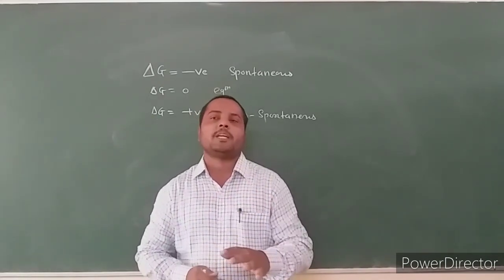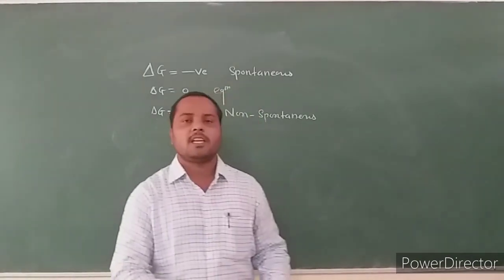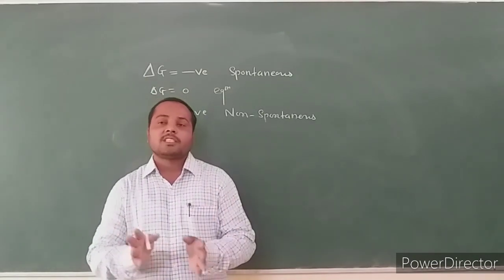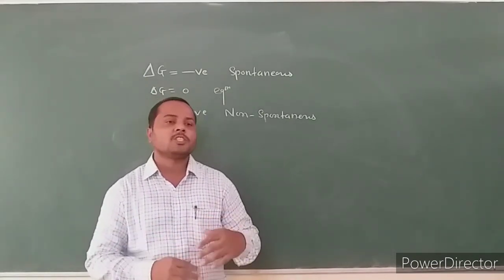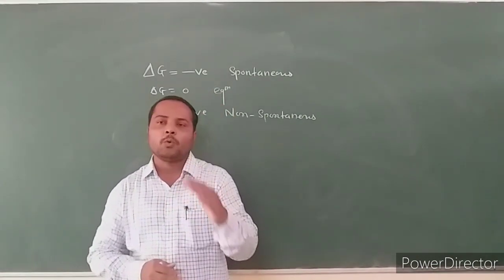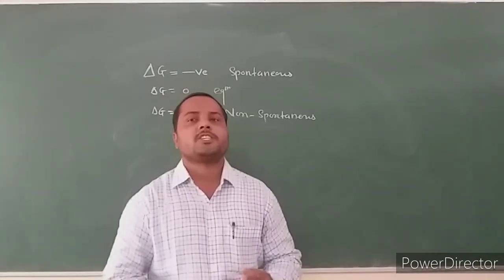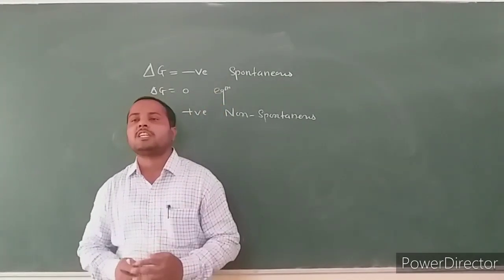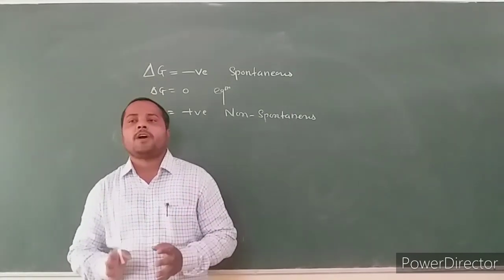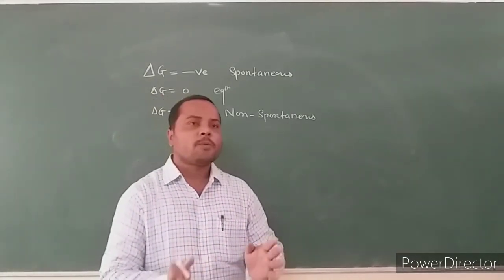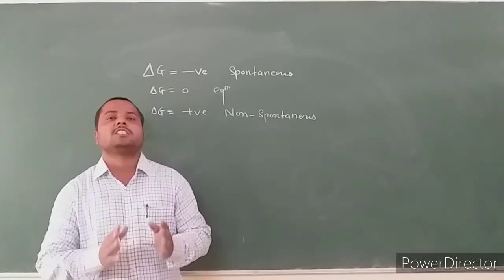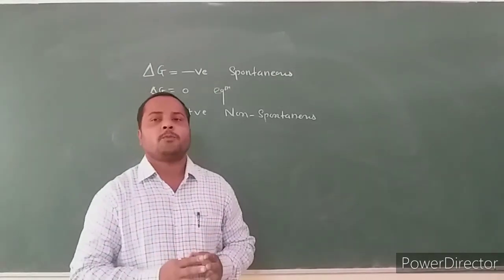In chemical thermodynamic study, we can consider only the initial and final stage, but some chemical reactions proceed through intermediates, through 2 or more stages. Chemical thermodynamic study has 2 limitations. The first limitation is that it is not useful to determine how much time is required for completion of the reaction, how fast or how slow the given chemical reaction occurs. This is not detected by chemical thermodynamic study.